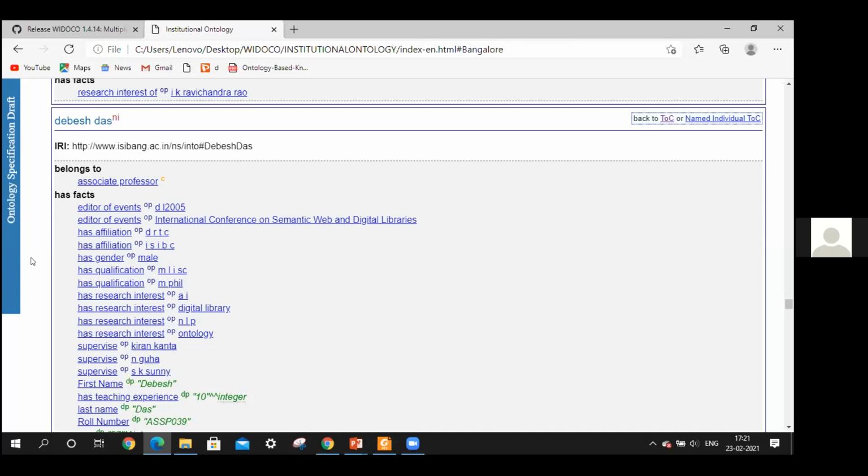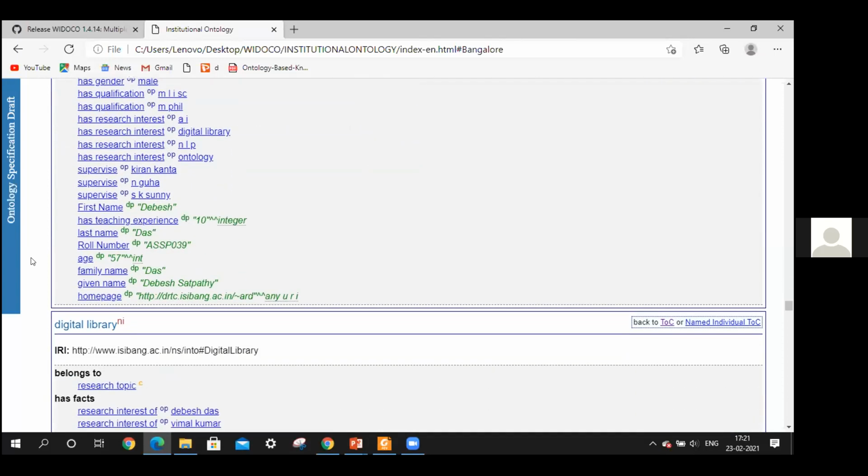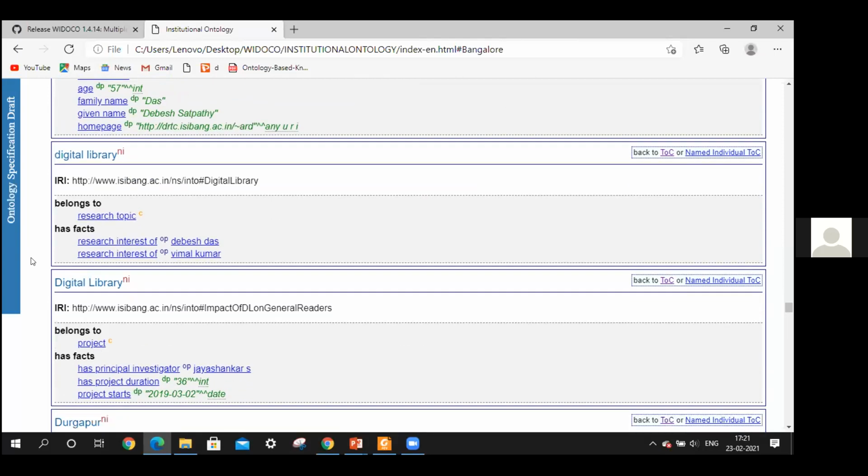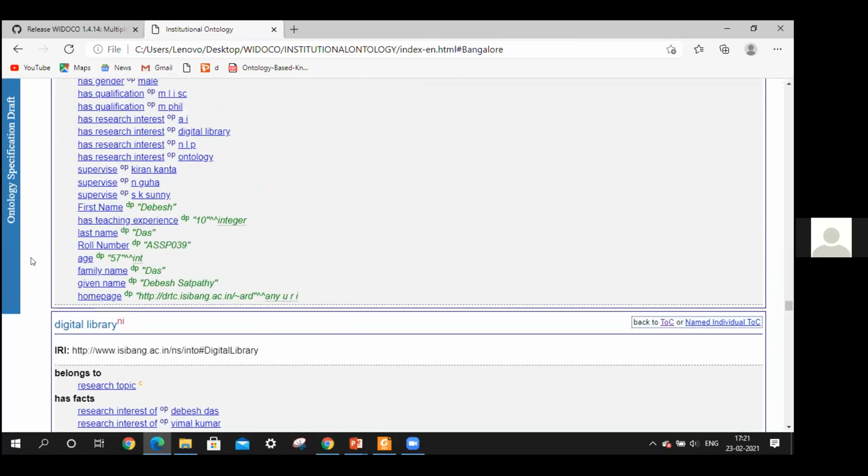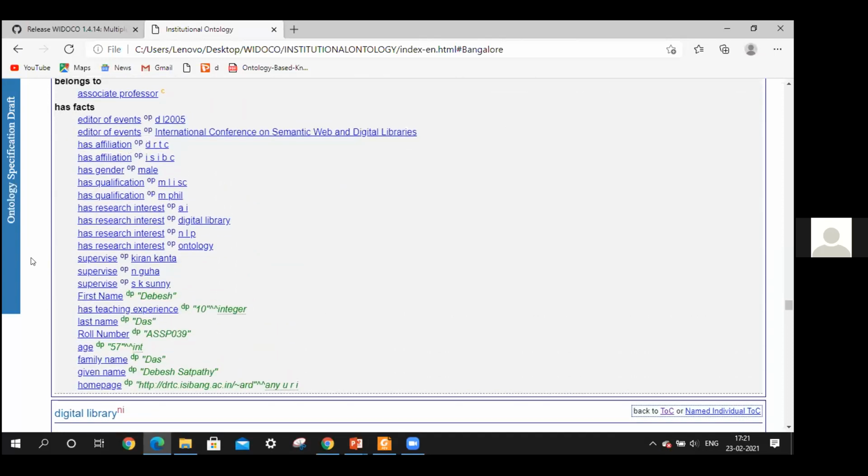Okay, you can scroll down a little bit. Yeah, you can see that, again, these are connected with the other entities. Go up to that facts, only the list of facts. Yeah, here, stop here. So here you see that under the facts we have multiple facts listed, the statements, and you see that there are object-related statements, right? The green colors are basically showing that they are the data properties and their values. As you can see, first name is a data property DP, and then you have the literal like Devesh, and it has teaching experience, which is an integer.